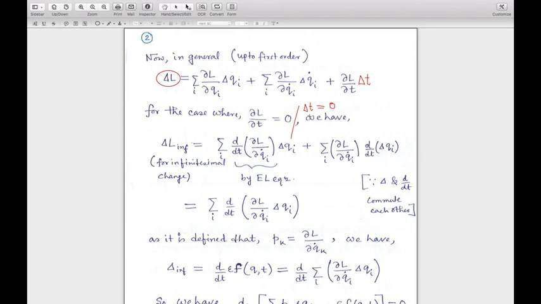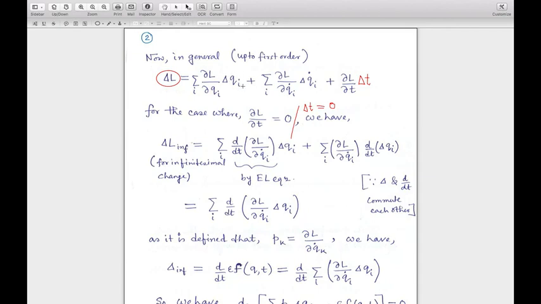Or another thing, and that is actually the most prominent case here, that delta t is equal to 0. That means the time explicitly does not change here. So we will change the Lagrangian in such a way that the explicit change of time is not meant. We can do that, right? In that sense,